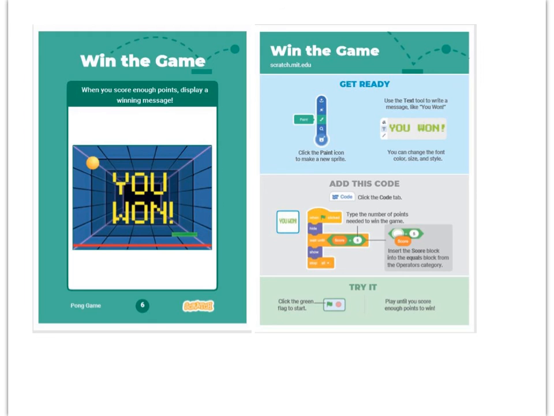I would like, when you get to a certain score, you need to have a you win pop up. This is kind of a culmination of everything you've done. This is your test. So, with those instructions being given, what